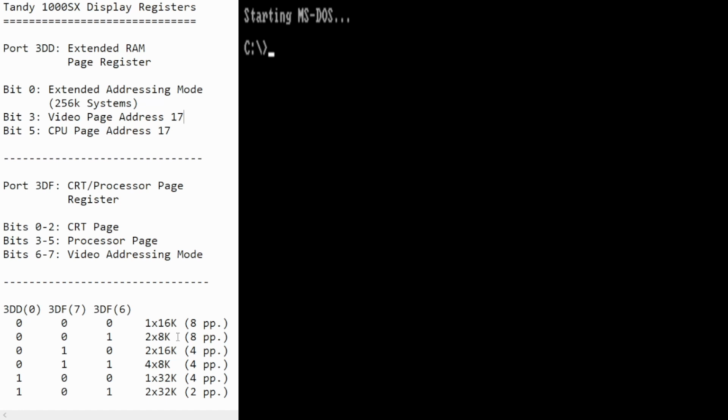Of course, normal CGA just has a single page, whereas here we can actually choose 8 different pages if we're prepared to fiddle around with the page register. And the option we're interested in today is this one here, because this will give us 4 pages of 32 kilobytes. And notice we need to set this bit in that case, and that's why we need a 256K system